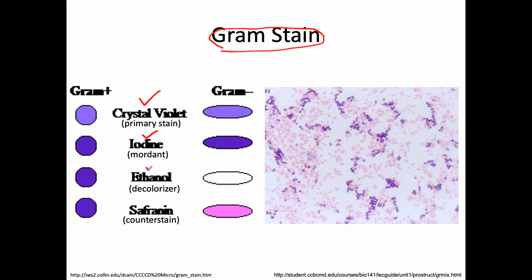Decolorizer in this case is ethanol. So that's going to remove the crystal violet from the Gram negative cells. And then the counter stain is the safranin, all right, which is going to stain everything, but the Gram positives are still going to look purple, okay? And so you can see here, right, that the Gram positives end up with the purple stain, the Gram negatives end up with the pink stain, okay? You can see here the example with